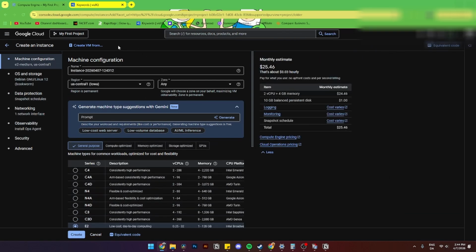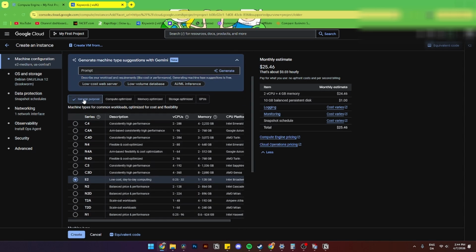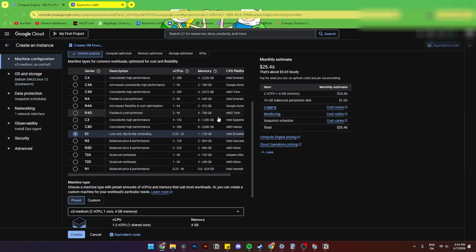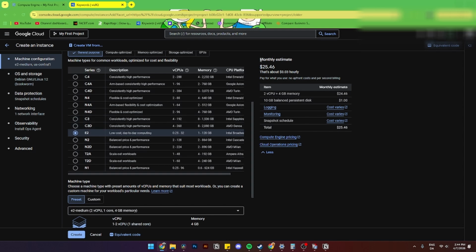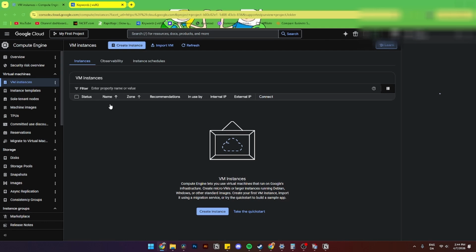From here it should look something like this, where you'll be able to add in the machine configuration, and from here you'll be able to add in a name, the region, and the zone. From here you can also generate the type of suggestion with Gemini if you want to do that, and you can go down and see the general purpose if you want to do that. From here you'll also need to make sure that the monthly estimate will be about $25 or 3 cents an hour. From here you'll simply need to click Create Instance,